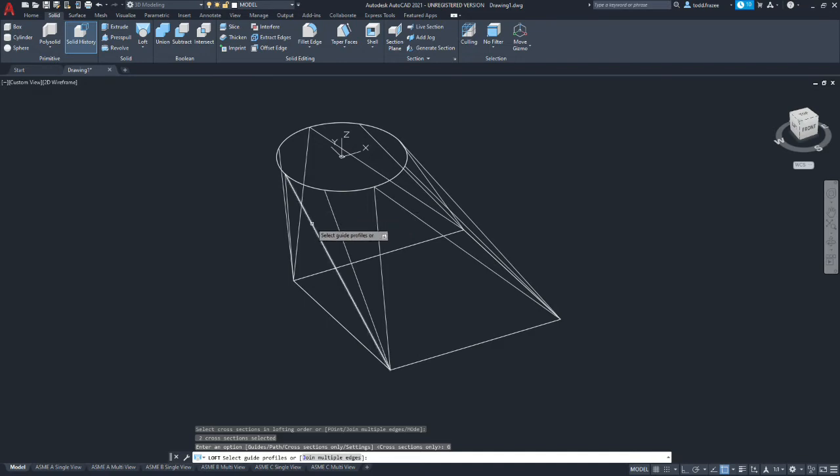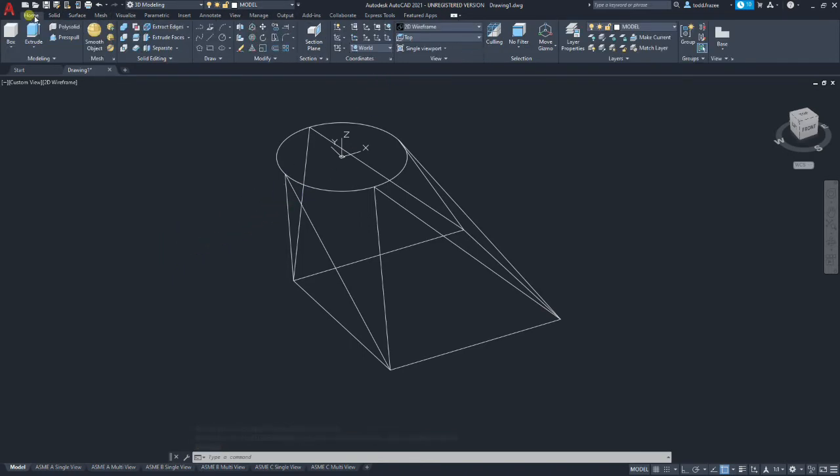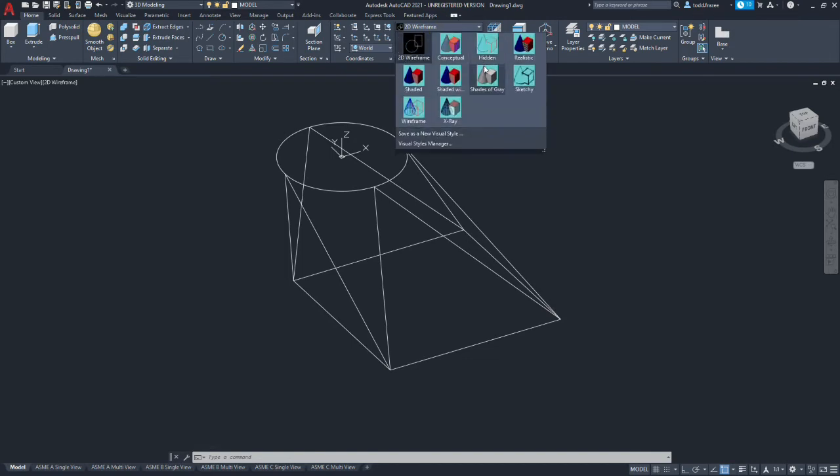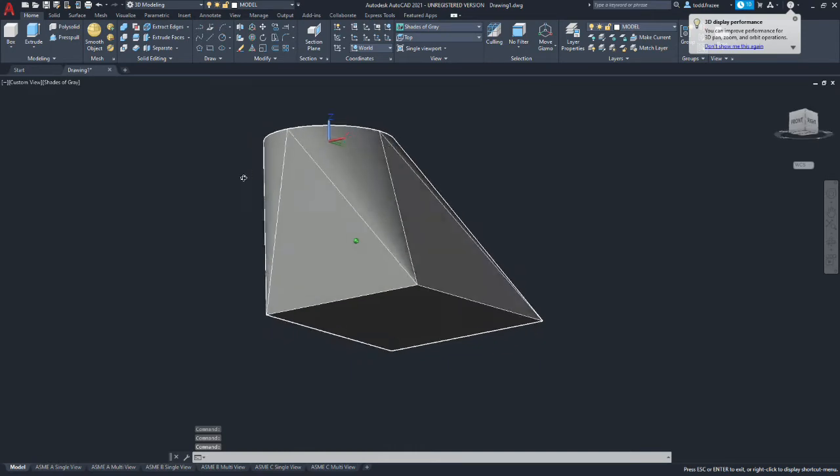So 1, 2, 3, 4, 5, 6, 7, 8. And if we did everything right, we should have a solid. We will go to shaded and confirm that. We have our solid with our transition duct.